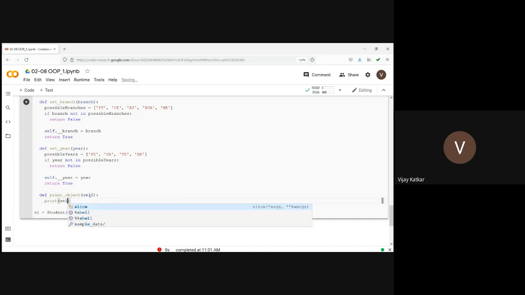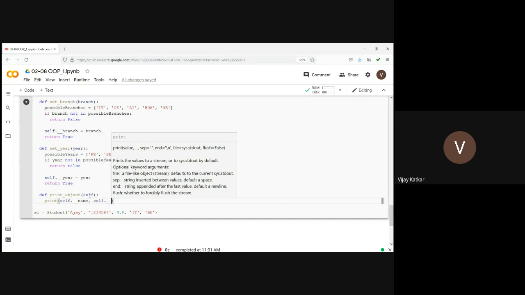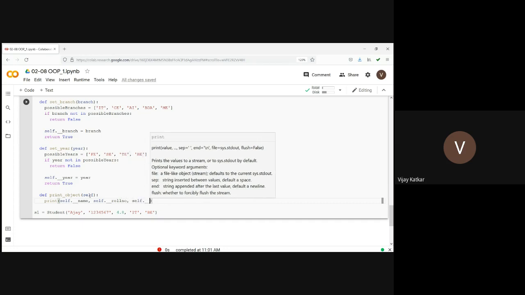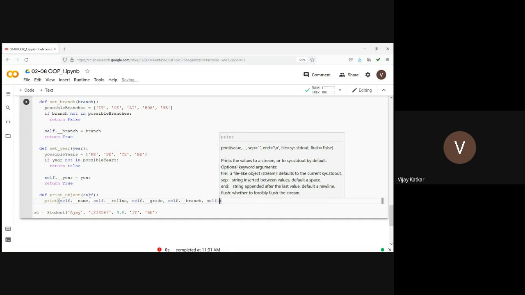Let's say self dot double underscore name, comma self dot double underscore roll number, comma self dot double underscore grade, then self dot double underscore branch, and finally self dot double underscore year.